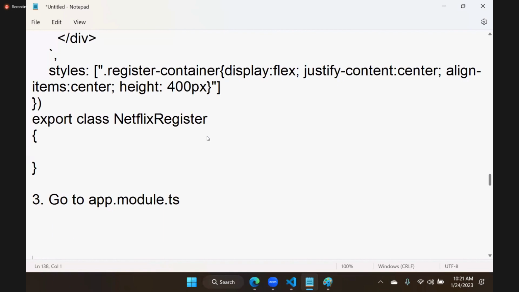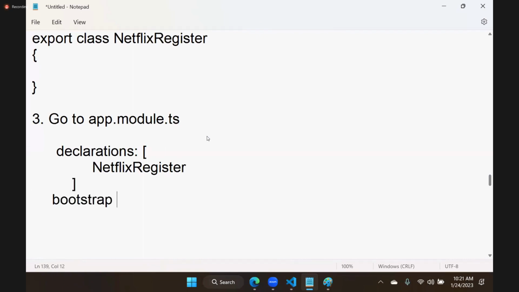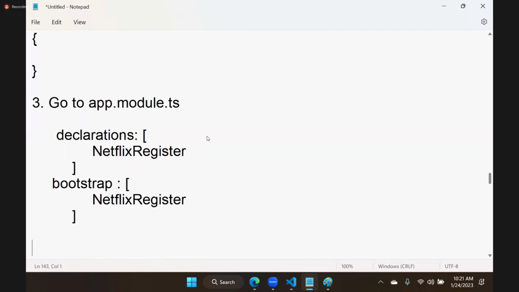app.module.ts. In this file you need to do two things. One is in declarations: you have to add Netflix register. Another is in bootstrap: in bootstrap also you need to keep Netflix register. And fourth,